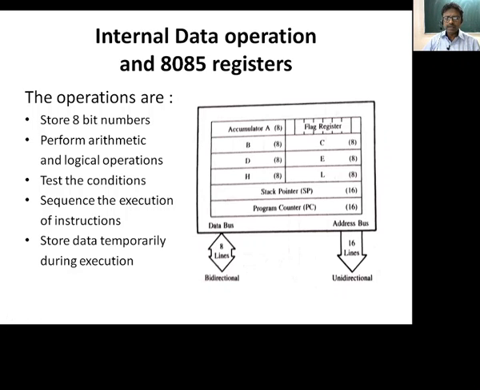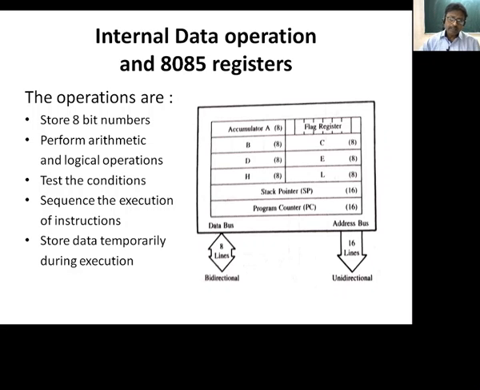Suppose we have a certain program written in assembly language, and that assembly language program, using its mnemonic codes and later converted into hex code, has been stored in the memory, and you want to execute that particular program. So you instruct the processor to execute the program. Whenever you give the command to the processor to execute, it will ask where your program is written, because memory is very large and you might have written your program at a certain memory address. So it will ask for the initial address of your program.